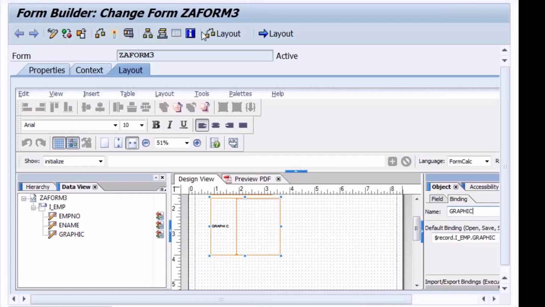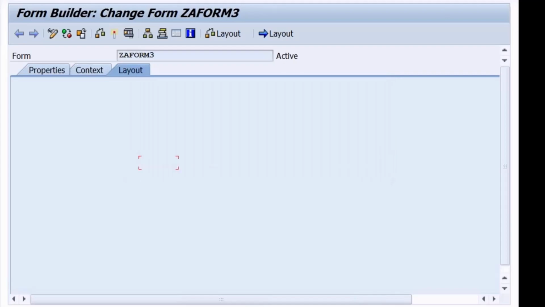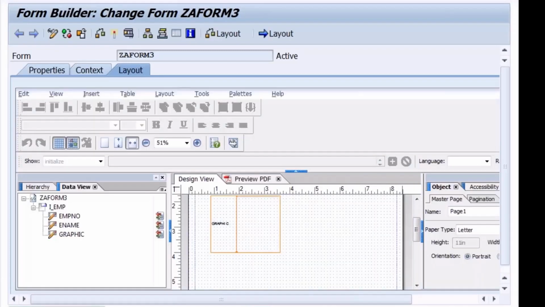That's it. Okay. So after activating this, now I need to call what? A driver program to call this particular Adobe form. I need to create a driver program to call this particular Adobe form. Let's go back.